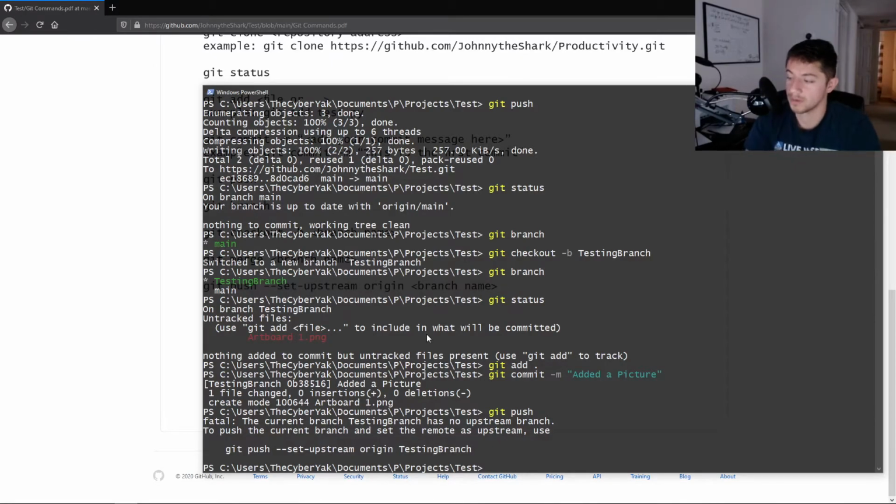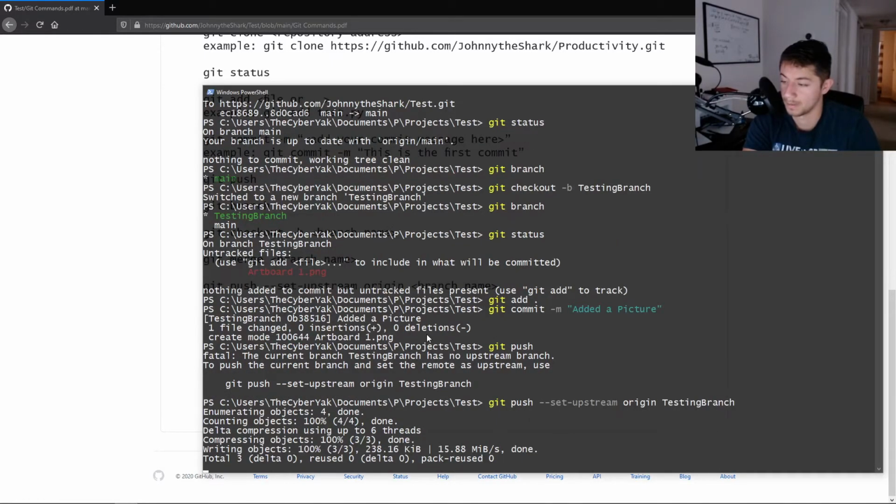And as you see, since we're on the testing branch, we have to push it up onto the testing branch of our repository. Git push set upstream origin testing branch. And the great thing about GitHub is that when you're messing things up, which happens, it'll warn you, not all the time, but a lot of the time, since you're learning GitHub, it'll tell you, hey, you also have to do this command. So all you have to do is git push set upstream origin testing branch. And it goes through,